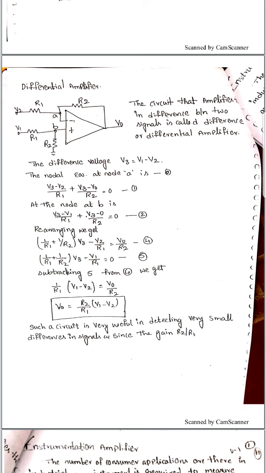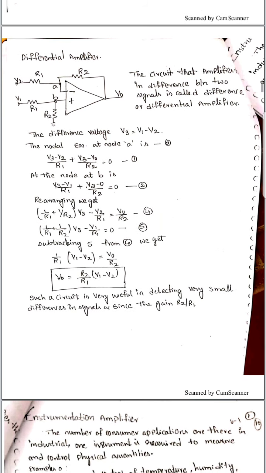Coming to the differential amplifier. This is the differential amplifier circuit. The circuit that amplifies the difference between two signals is called a differential amplifier. The differential voltage Vd is equal to V1 minus V2. The nodal equation at node A is (V3 minus V2) by R1 plus (V3 minus V0) by R2 is equal to 0. At node P it is (V3 minus V1) by R1 plus (V3 minus V0) by R2